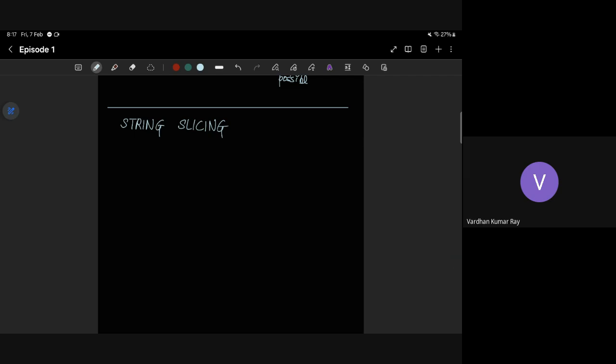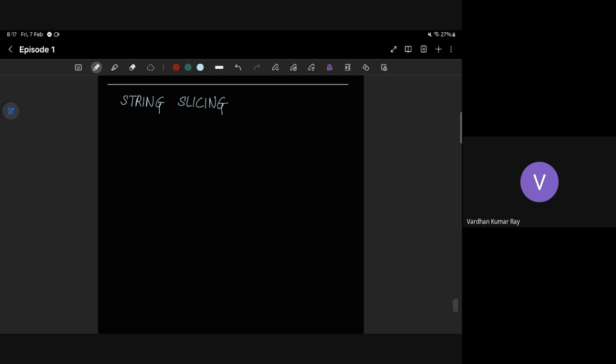Right, string slicing. So for string slicing, if I have a string f, I have 3 variables which I write like i, j, and k, and each has a special purpose, right? So this is parameter 1, parameter 2, and parameter 3, separated by colons. You need to know this way of doing string slices, right? It's very important. It's used a lot. When you do machine learning also, you will see these things are used a lot. Accessing something or slicing something.